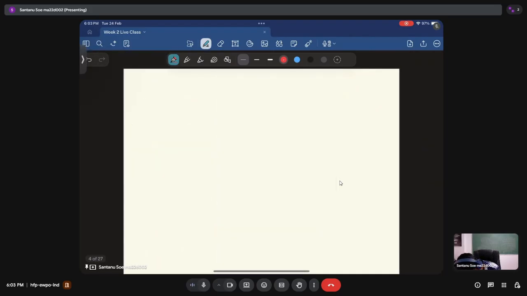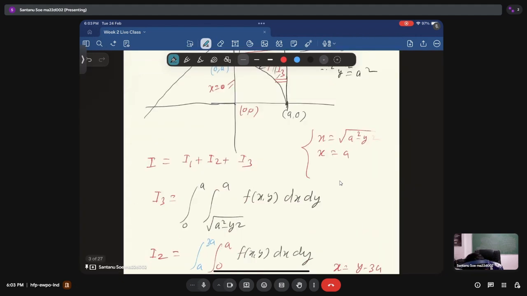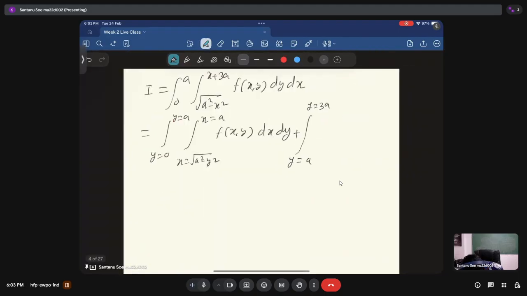So now we can write the integration. I equals integral from 0 to a, square root of a square minus x square to x plus 3a, f(x,y) dy dx, equals this is going to be integration y equals 0 to y equals a, and then x equals square root of a square minus y square to x equals a, f(x,y) dx dy, plus y equals a to y equals 3a, x equals 0 to x equals a, f(x,y) dx dy,